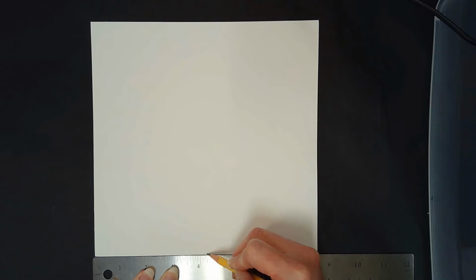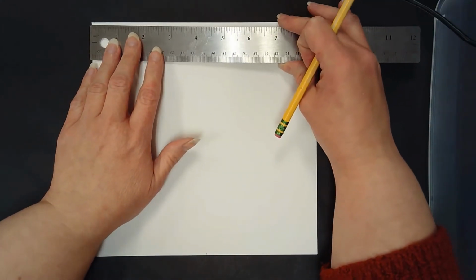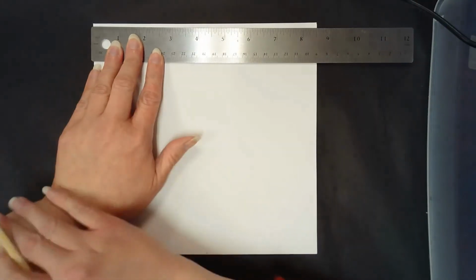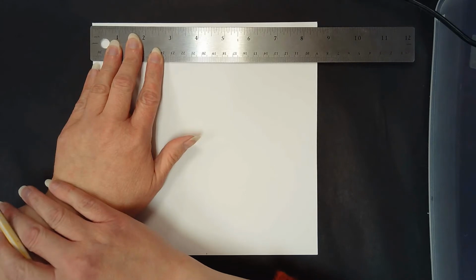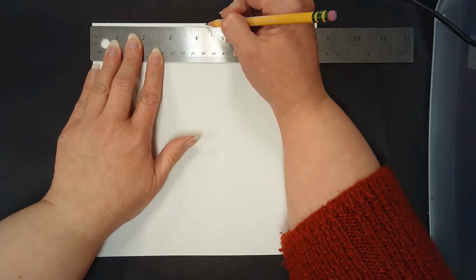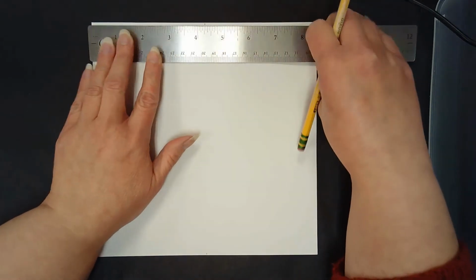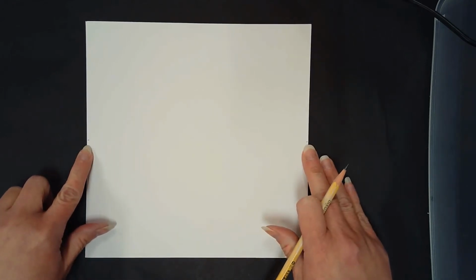right above 4.25 inches. I'm going to move my ruler to the top of my paper, and once again I'm going to line up the zero of my ruler to the left edge of my paper, and I'm going to make a mark at 4.25 inches there. I'm going to turn my paper 1/4 turn. So now my dots are on the left and right side, and I'm going to again measure